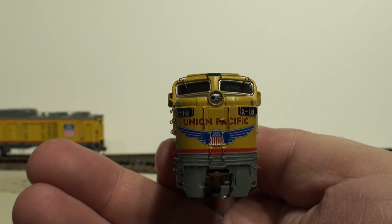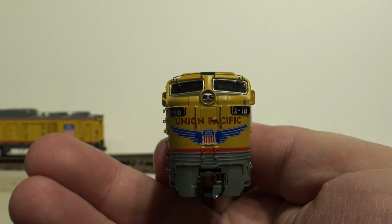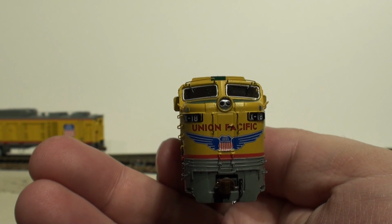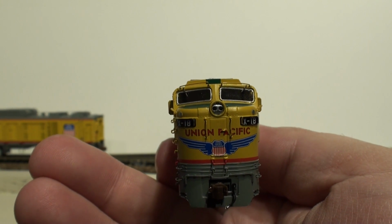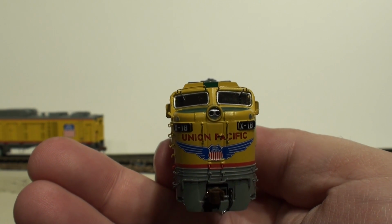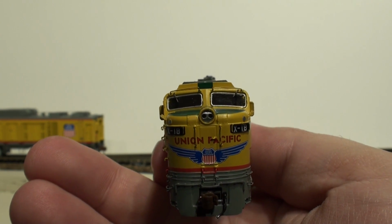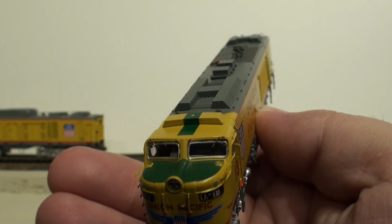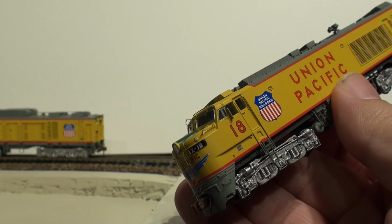You can see from the front of it, it looks pretty nice. A good, or excellent actually, paint job on the Union Pacific logo and the whole detail on the front. We'll take a look at the headlight, and you can see the windshield wipers and even the cab interior is in there. Looks pretty